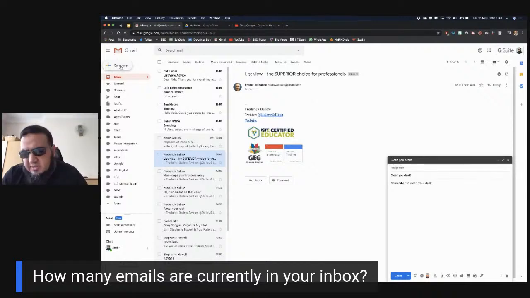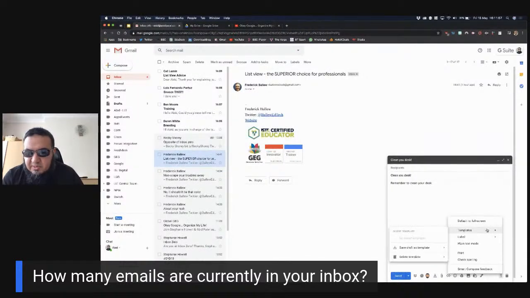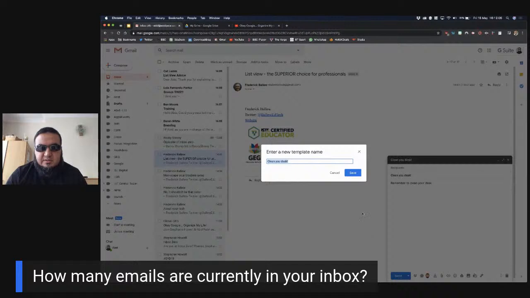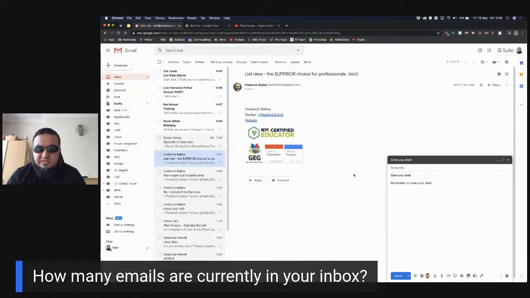Now I want to send that every week to my team to say, make sure you clean up and stay clean. If you go to the three dots here, more options, there's an option that says templates. I go to save draft as template, then save as new template, and it'll ask me to select the name. It's automatically picked up the subject, so click on save.